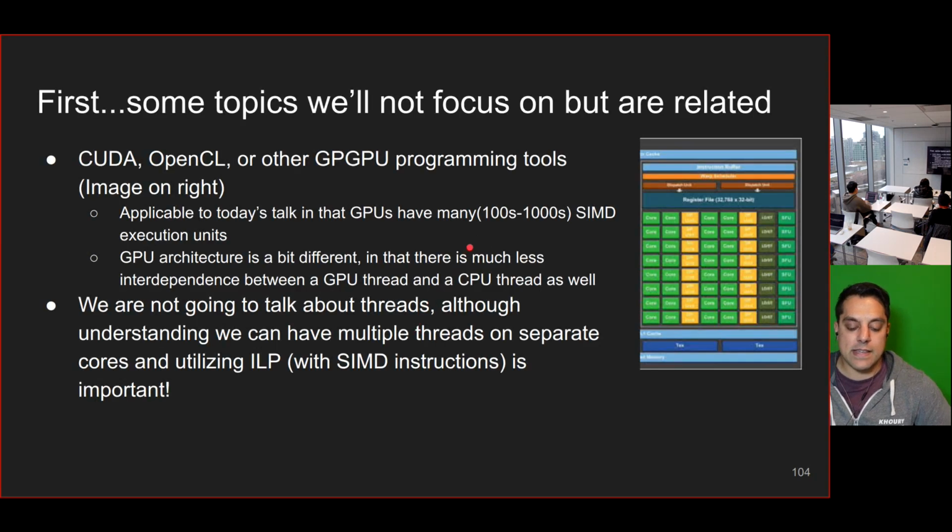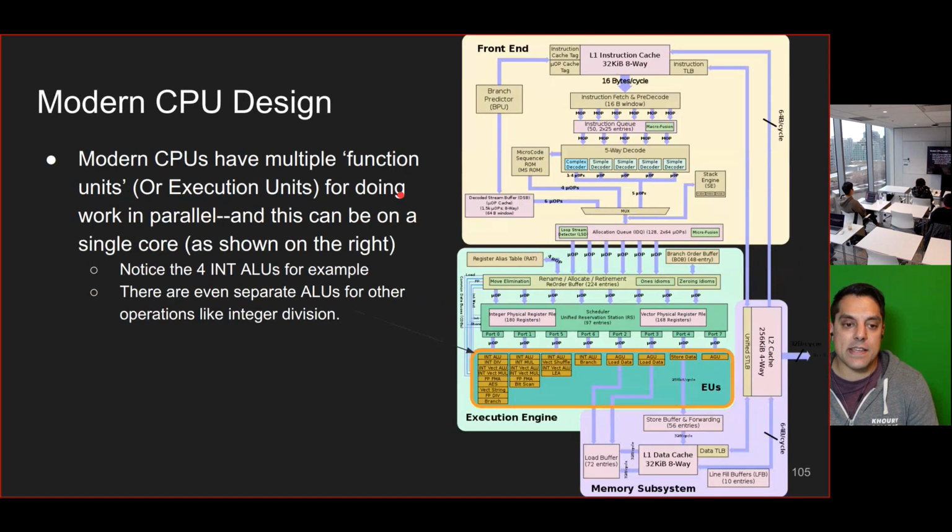So the idea is, some of you might have heard or maybe have used in other courses CUDA, OpenCL, other GPU programming tools. And the idea is your graphics card has lots of parallel processing power. While I'm not going to specifically talk about CUDA or OpenCL in this course, our modern processors, just the CPU itself, not even the graphics card, has a lot of parallelism built into it. And what I'm highlighting here in this picture down below, you kind of have to look close,